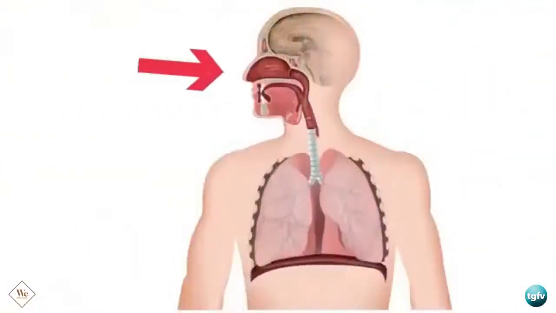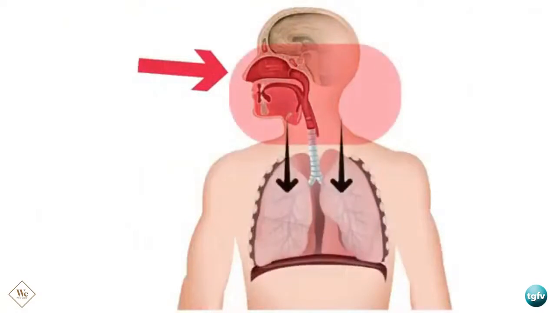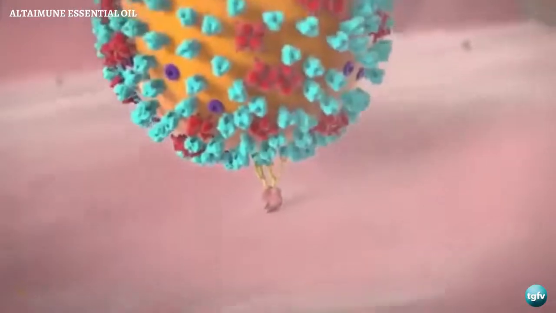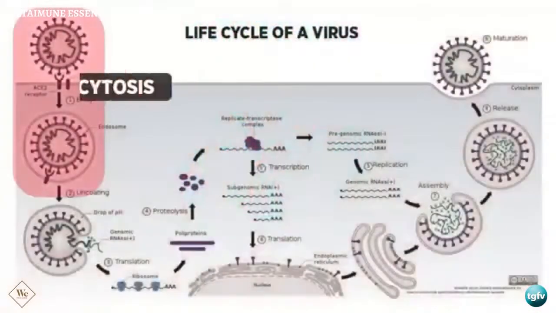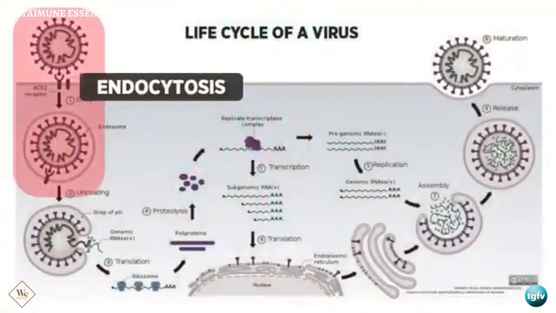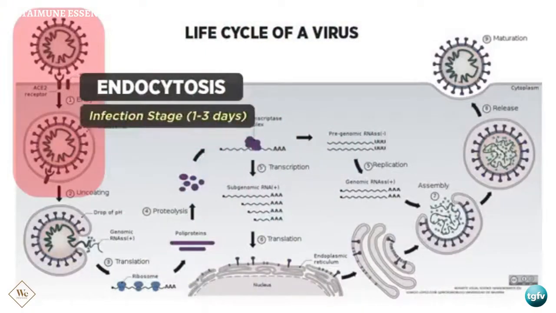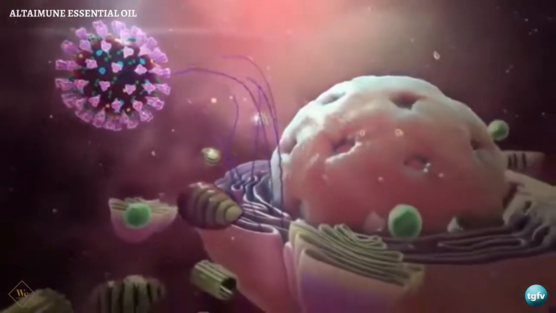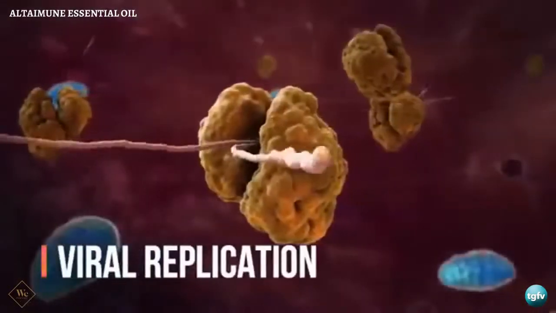Infection starts in the nose, and spreads through the upper respiratory tract, then to the lung tissue and further when it could. The virus enters the host cell, and uses its spike-like proteins to attach to the ACE2 receptors, and gains entry into the host cell through a process called endocytosis. At this point, the host is under the infection stage. When the virus begins to hijack the cell's system, it undergoes viral replication.